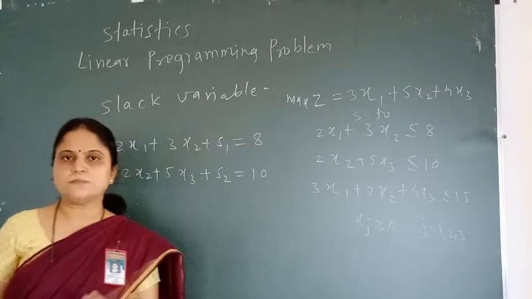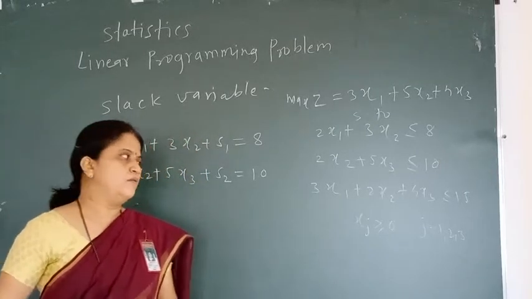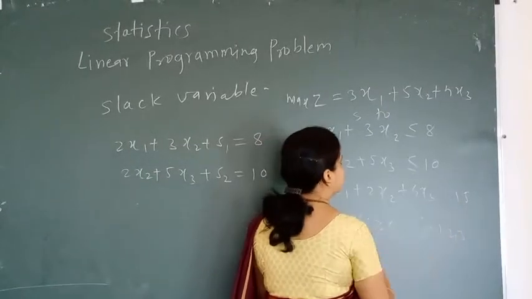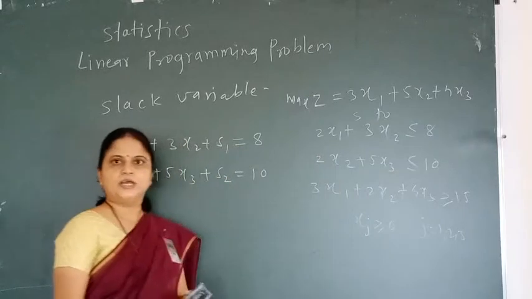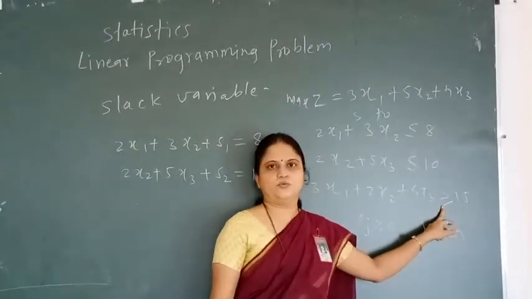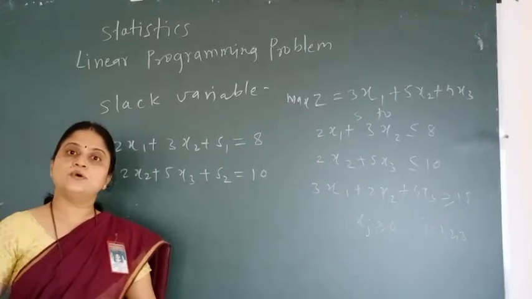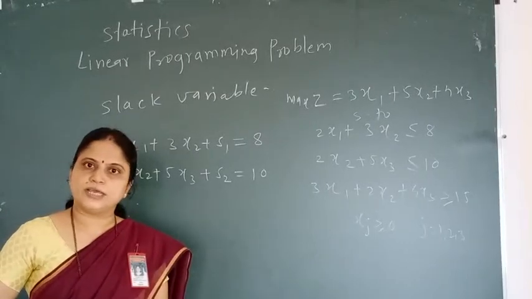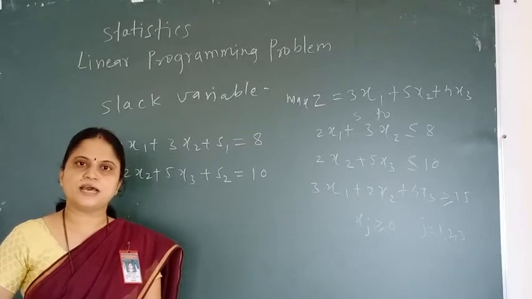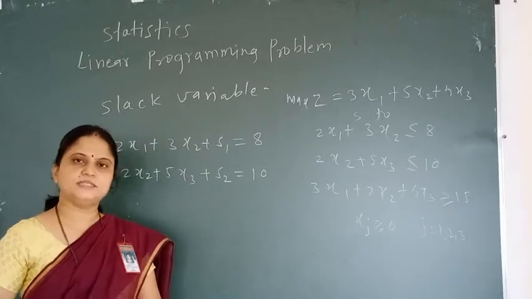Okay. Now surplus variable. Surplus means which we have already with extra values with me. Suppose I have one equation over here. Suppose I convert this third equation as greater than or equal to type. Okay. So over here I have some surplus values with me, that is greater than or equal to, but I have less resources with me. So to convert this greater than or equal to type, we need to subtract some variable that is called a surplus variable, or it is also called negative slack.